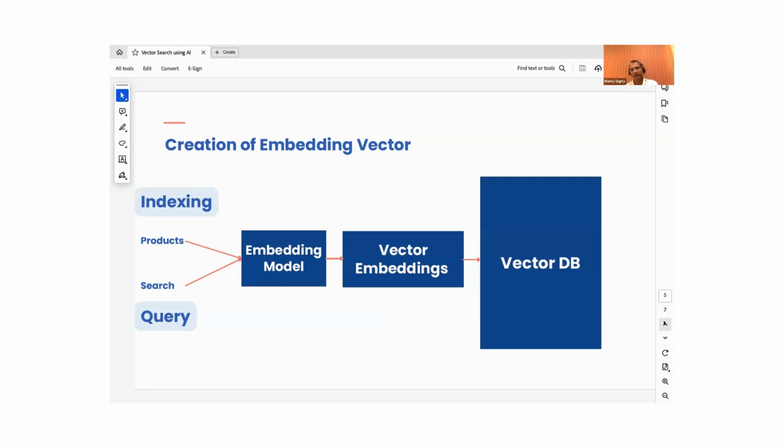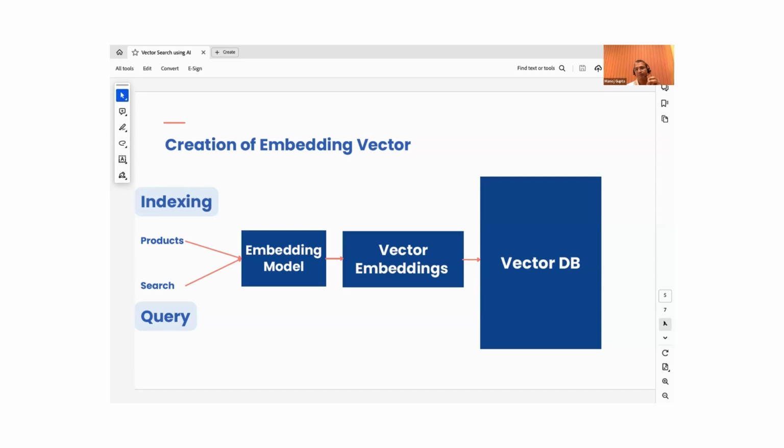Now, to store the vectors, it's called indexing of the documents. Documents can be products, images, videos, whatever. There are multi-dimension vectors also, so multi-domain vectors also you can create. Like I can create not only string vectors, image vectors also I can create. So first, whatever products you have, right? Product A, product B, product C, if I'm taking an e-commerce example, you basically create